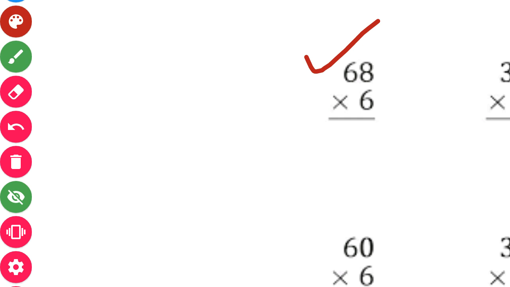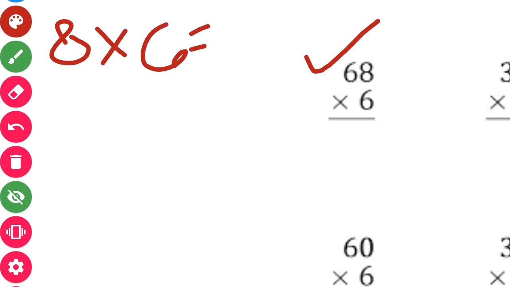Now we are having 68 into 6. We will start with ones place. So at ones place we are having 8 into 6. How much will we get, beta, when we multiply 8 by 6? और अगर हम 8 का टेबल 6 टाइम्स पढ़ेंगे तो हमें क्या मिलेगा?